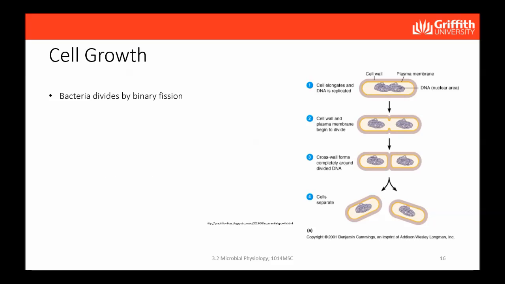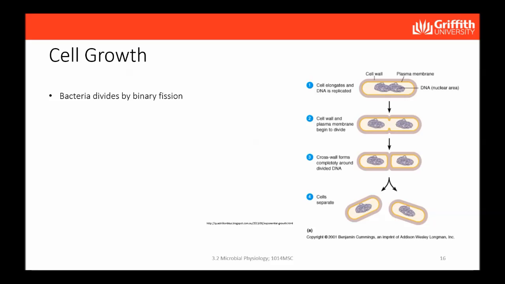Bacteria divide by binary fission. In simple terms, binary fission means a single cell splits into two cells. In the first step of binary fission, the bacterial cell elongates and the chromosome inside is replicated. Once the genetic material is separated and sent to opposite ends of the elongating cell, a division ring forms in